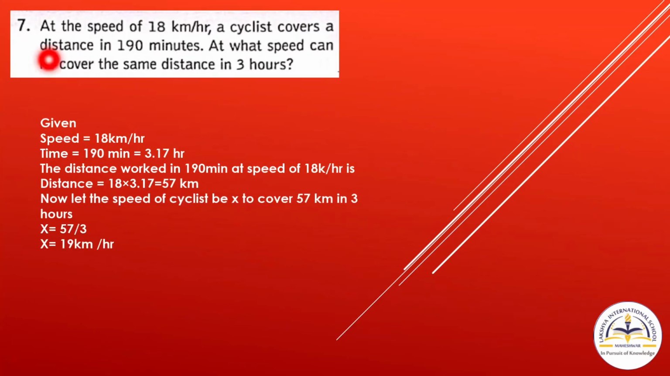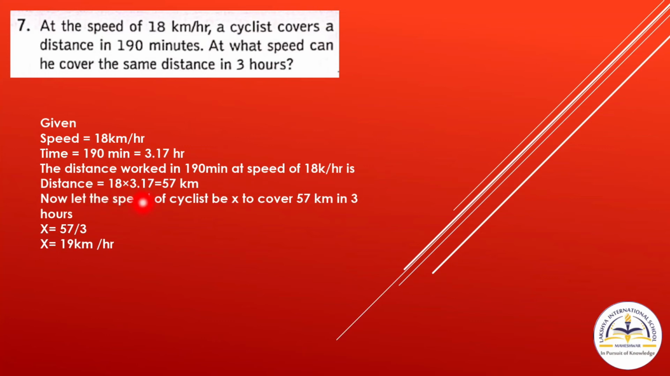Now question number 7. At the speed of 18 km per hour, a cyclist covers a distance in 190 minutes. At what speed can he cover the same distance in 3 hours? So the speed is 18 km per hour. Now the time is 190 minutes. When you convert this time into hours, it becomes 3 hours 17 minutes. Now the distance covered in 190 minutes at a speed of 18 km per hour is